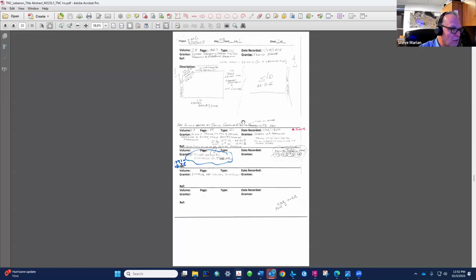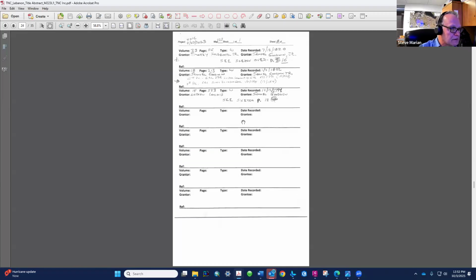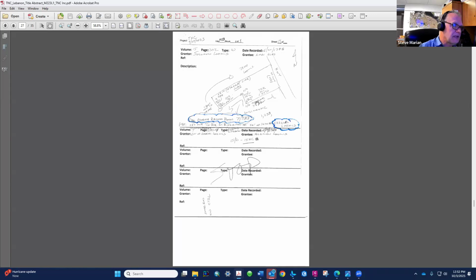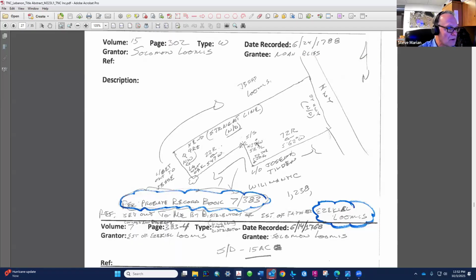So when we get back to this Nathaniel Loomis to Samuel Goodwin, right here, we find the legal description from Solomon Loomis to Noah Bliss actually has bearings and distances on it, and this says a straight line northeasterly. This is the line in question right here. And this is 1788, and we must go back further,